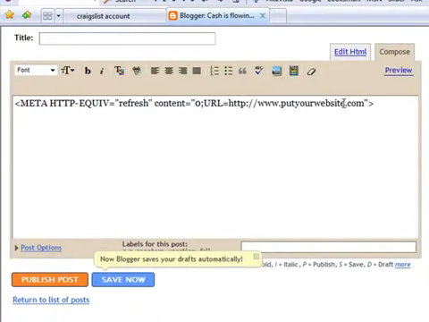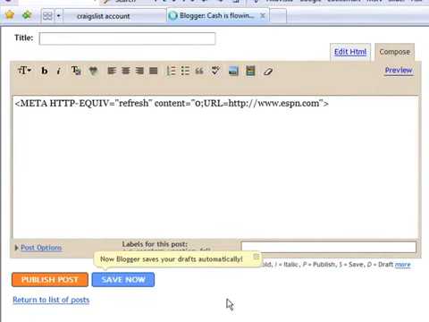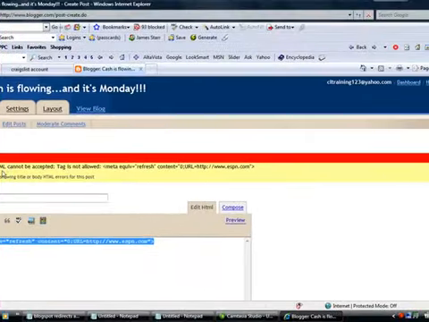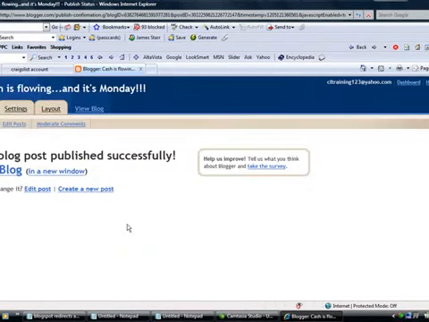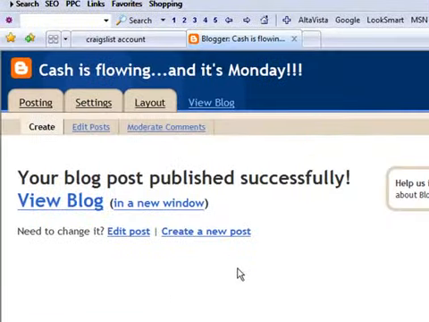Okay. And I'm going to go ahead and actually put in a real website. Let's put ESPN.com just to show you how this works. Okay, and I'm going to go down to the bottom and hit publish post. Okay, now it's going to say error. Now all you need to do is check this box. This says stop showing title or body HTML errors for this post, and then go ahead and come back down and hit publish post. Okay, now I can't explain this, but what you're going to need to do is hit create a new post